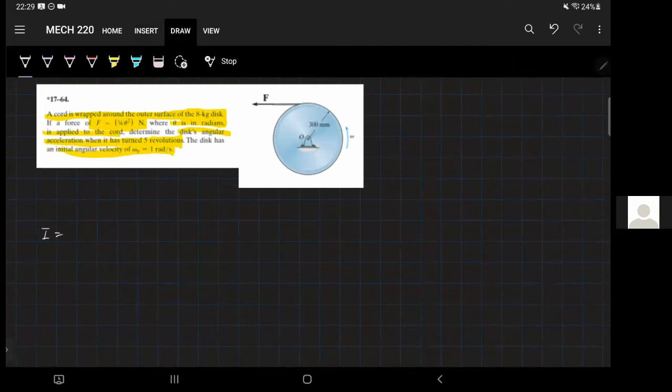For a disk like this, it's going to be 1/2 mass r squared, which is 1/2, mass being 8 kilograms, the radius being 300 millimeters, so that's 0.3 meters squared, which gives us a total value of 0.36 kilogram meter squared,